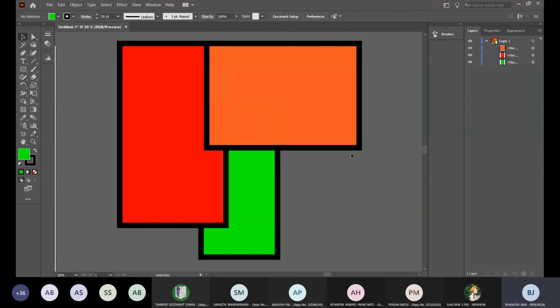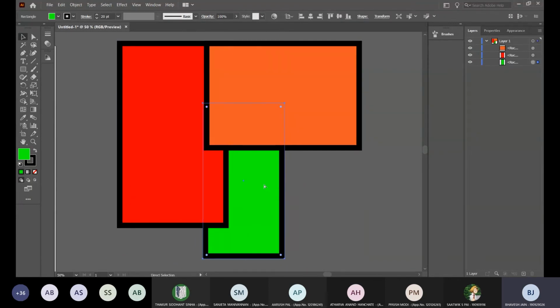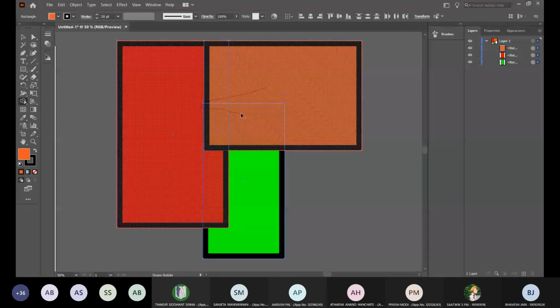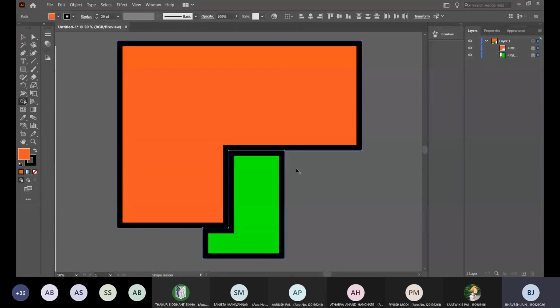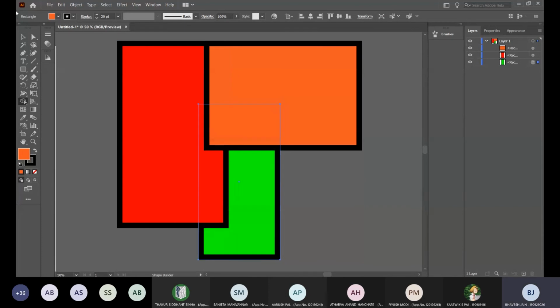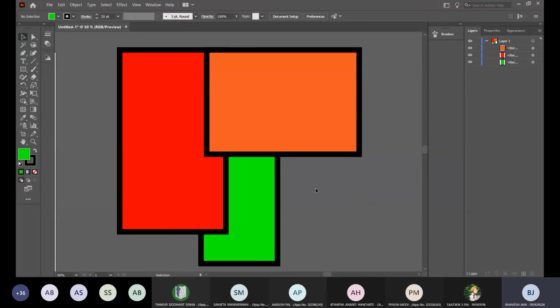It's just simple. Wait, I select it again, but this time I go like this. I hit Shift M. But this time it's orange. The secret is it depends on where you're starting from. It has nothing to do with layering. I hit Shift M again. This time I start from red.